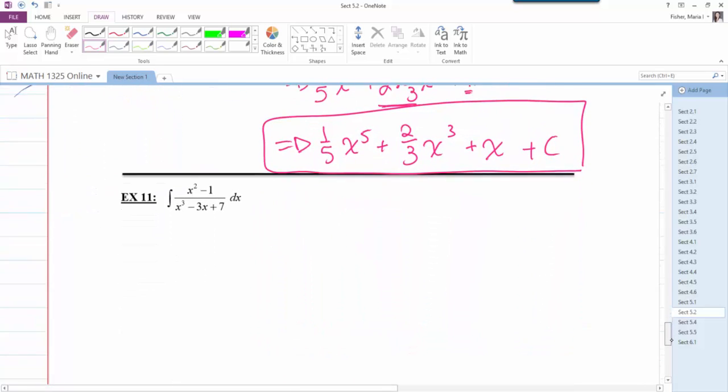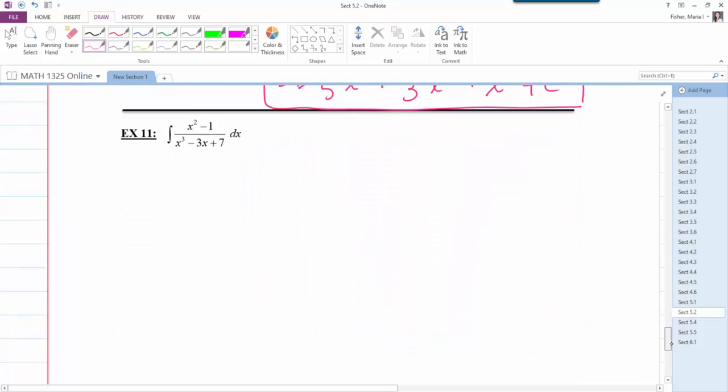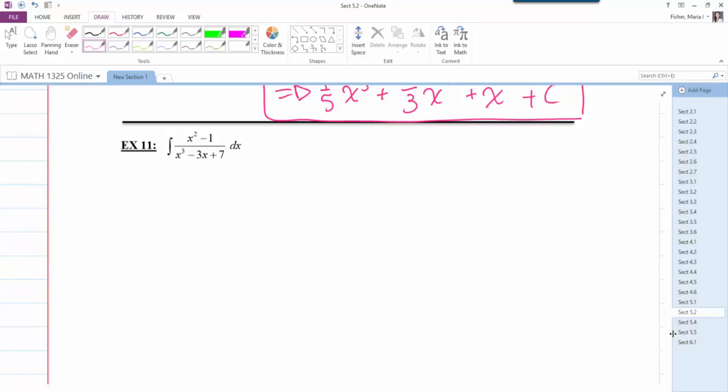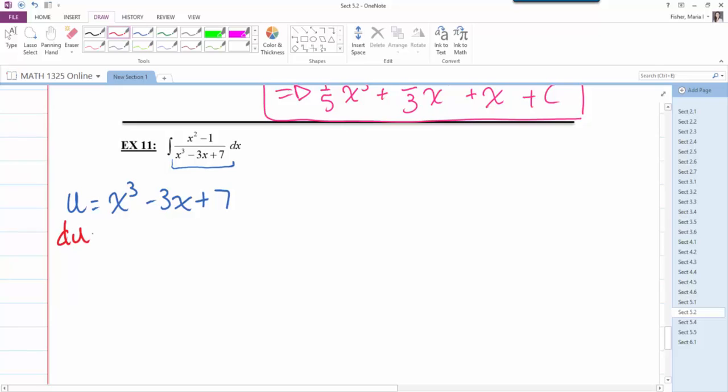Right, number 11, the last one in this section, is the integral of x squared minus 1 over x cubed minus 3x plus 7 dx. Now recall, if there's something in the denominator, you're going to try to let that equal u. So in this case, u is equal to x cubed minus 3x plus 7. If u is equal to x cubed minus 3x plus 7, that means the derivative du would equal 3x squared minus 3